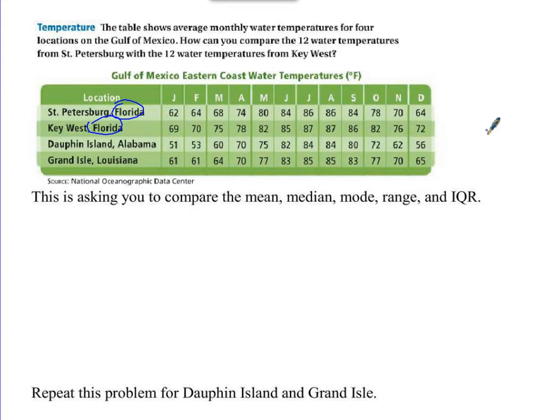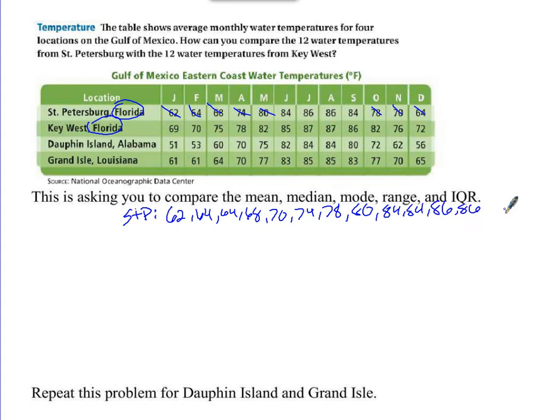So what's the smallest temperature that we have? Okay, so I'll go St. Petersburg, STP. We have 62, then what? 64. There's another 64. Okay. 68. Okay. All right, 74 and then 78. We got two 84s. 86 and 86. Okay, now the data set is ordered, which means it's going to be easier for us to calculate some of this stuff. So,